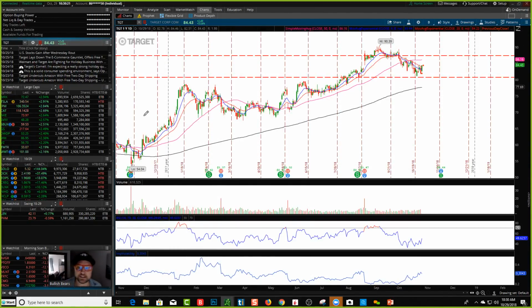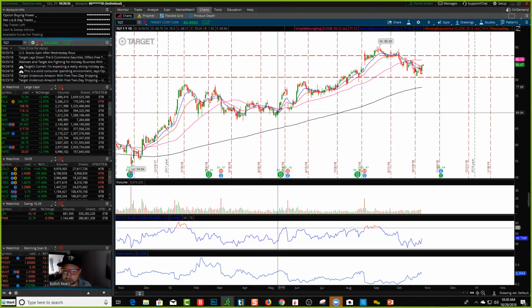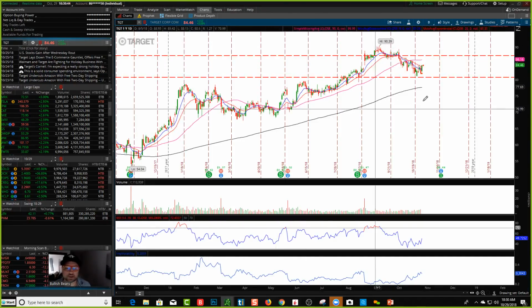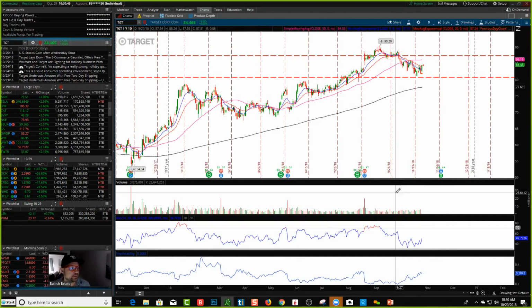So if the day trading setup is not so great, then maybe you're going to do a strategy where the market's trading sideways. Maybe an iron condor, an iron butterfly. There are several different strategies you can trade with, and that's where we're a very diverse trading company. We're teaching you these things because if we're only teaching you penny stocks and the market's just crappy like it is now,